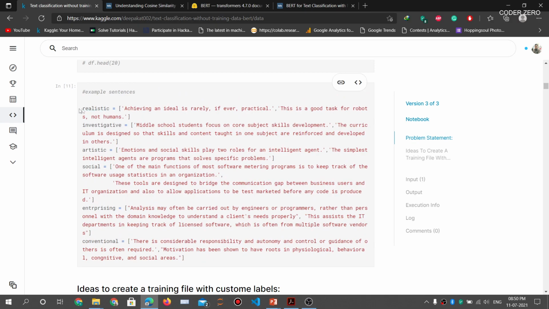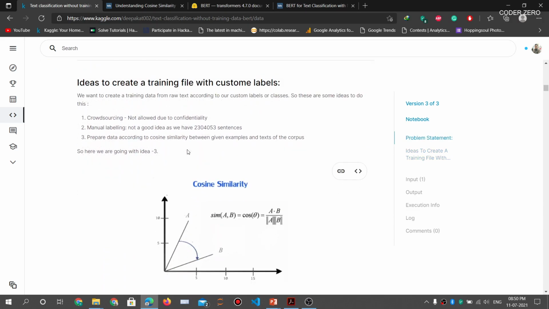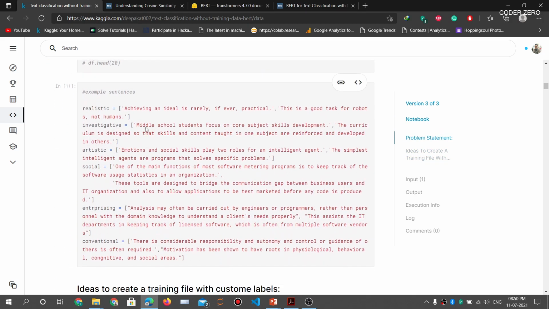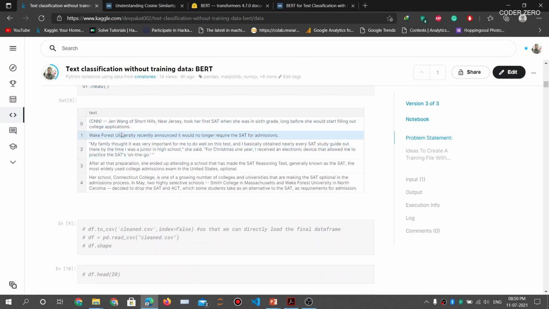For each label, let's take one sentence, and the embedding for that sentence will represent b. We'll find the cosine similarity between our sentence and the sentences from each label, then select the label which has maximum cosine similarity with our sentence, and put that label as the label for this sentence.